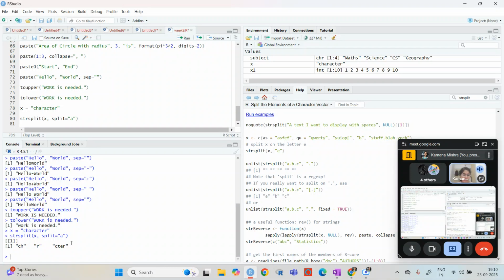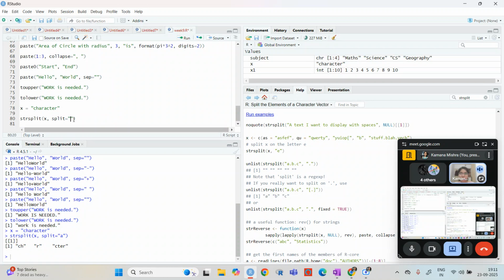And then CTR, right? So basically, if you want to see how many number of times this A, E, or any character appeared in one string, you can just see by this, and then you can just do one minus, right?